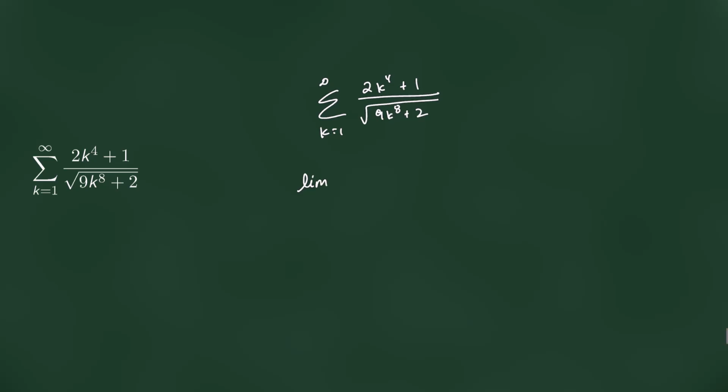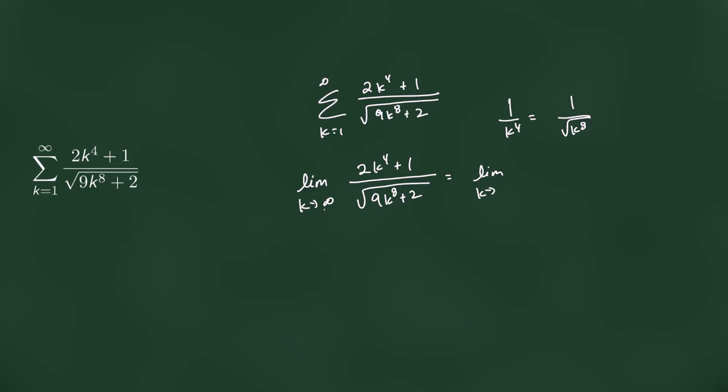I want to look at the limit of the terms first. I'm going to use the divergence test to see if it's worthwhile pursuing a limit comparison test on this guy. So what I'm going to do is multiply everything by 1 over k to the 4th, which is the same as 1 over the square root of k to the 8th. So when I do that,